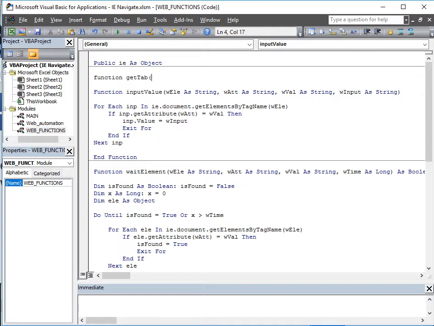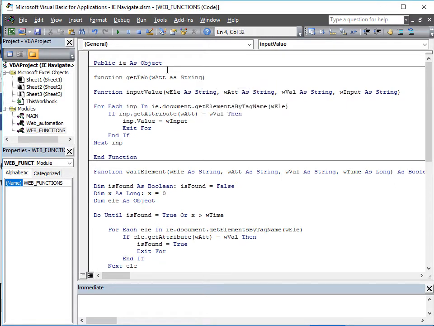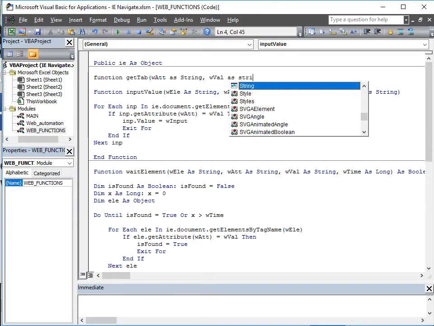Here, in activating a tab, there are two types of attribute that you can use. It's either title or URL. And then what's the value of that attribute? Let's just use val as string,